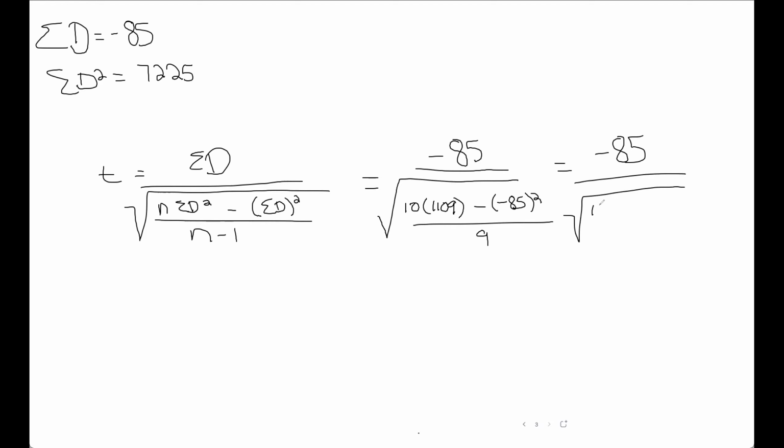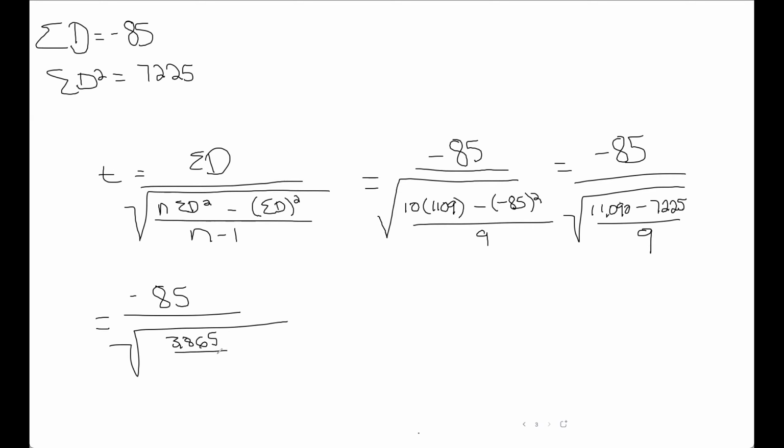So now this is going to be 11,090 minus 7,225 over 9, which will work out to, oh, sorry, 806.65 over 9, which will work out to